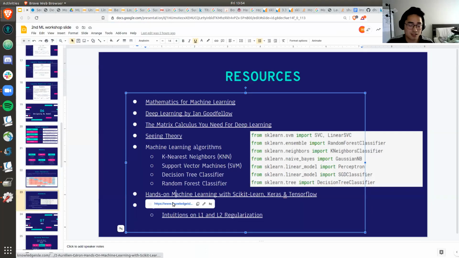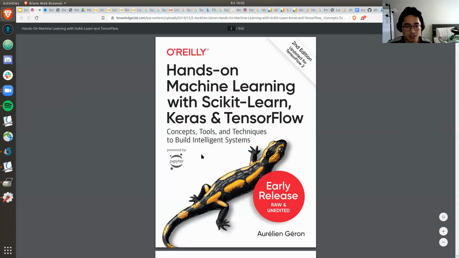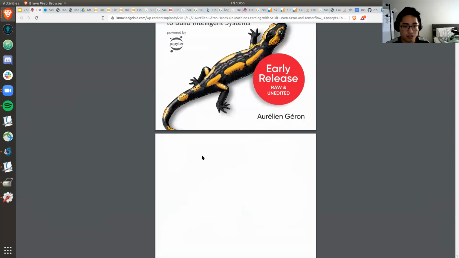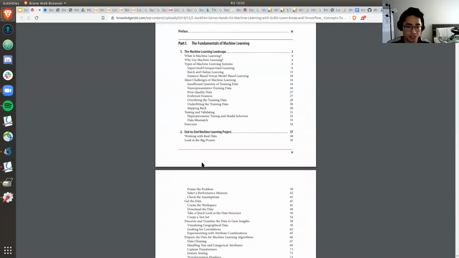Another great book that I recommend you read is called Hands-On Machine Learning with Scikit-Learn, Keras, and TensorFlow. Now we're not using TensorFlow or Keras because a lot of people use Keras and TensorFlow, but ever since PyTorch came in, a lot more researchers have been using PyTorch because the API is a lot more stable. Actually, Keras is good, but with TensorFlow the API is really unstable. But they do have really good content that helps you understand how these algorithms work.